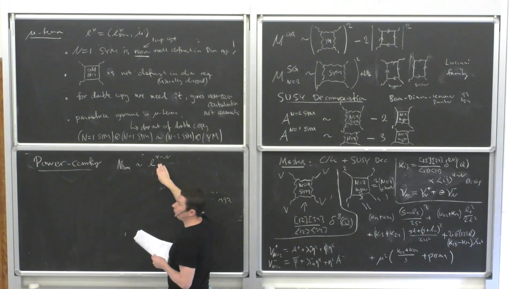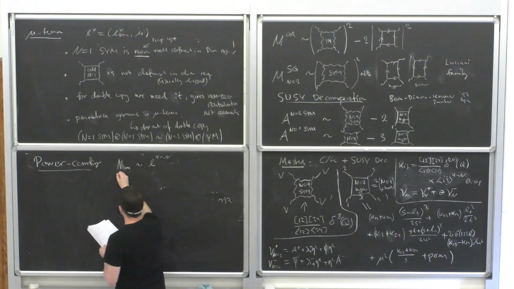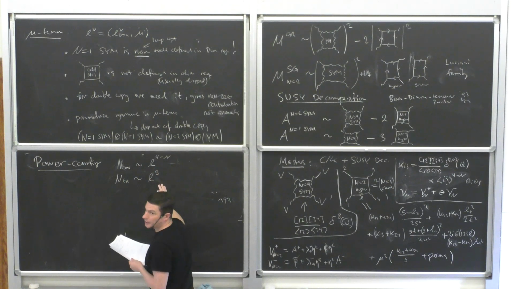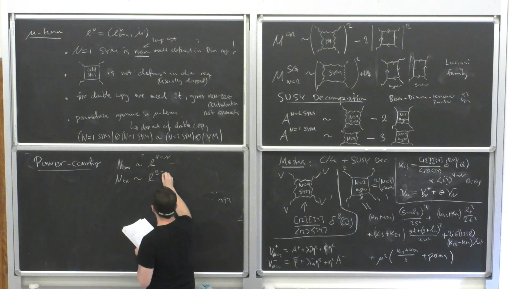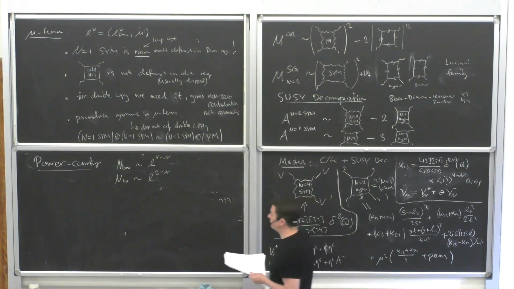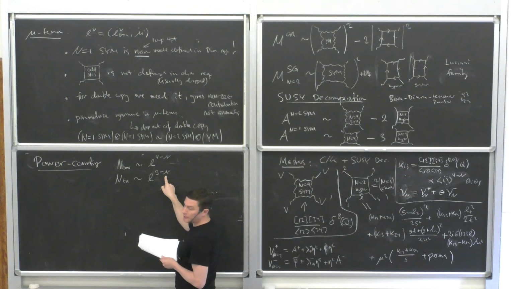So for example, if you do N=4 super Yang-Mills, you know that the box diagram has no loop momentum in its numerator. It's just a scalar box. Same thing if I do the triangle. I'm going to allow 3 powers in the non-supersymmetric case, and then if I have supersymmetry, I simply subtract the number of supersymmetries. And if this number goes negative, that just means that I do not have the diagram.